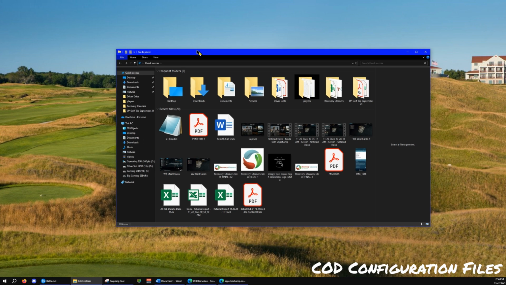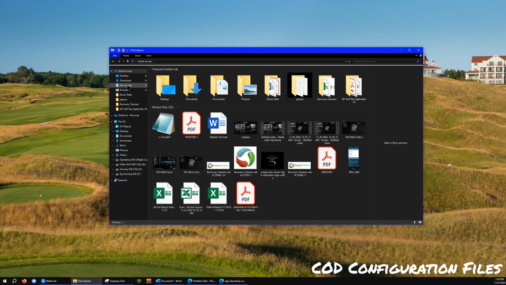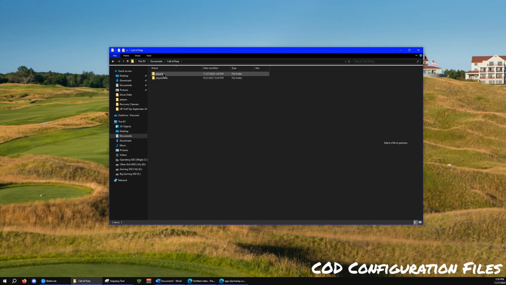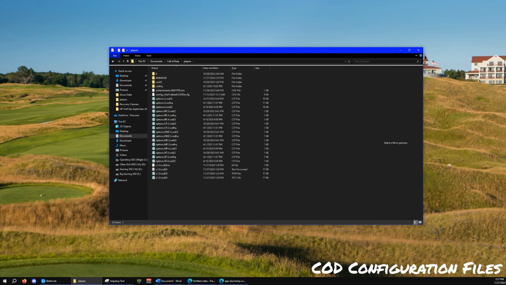So what you're going to do is open up your File Explorer and go to your default documents right here. You might have a couple of options, but the one that you want to open up is just Call of Duty right here. So select Call of Duty, and then you're going to go to Players right here. Okay. Now, from here, all the way down towards, typically they're located at the bottom, you should have 3 files for